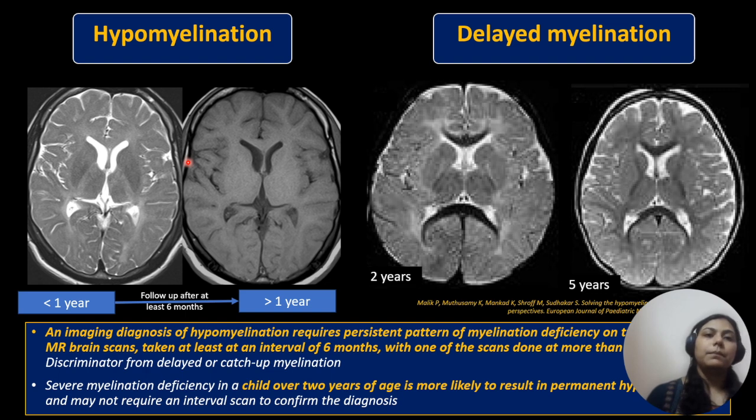Whenever we are labeling a patient with hypomyelination, it is important that we have a repeat scan at least 6 months apart. This is especially important if the first scan is done at less than 1 year of age. This is because many of these patients who may initially show deficiency in the myelination on the first scan may actually catch up and show normal myelination on a later scan. So this term is defined as delayed myelination,